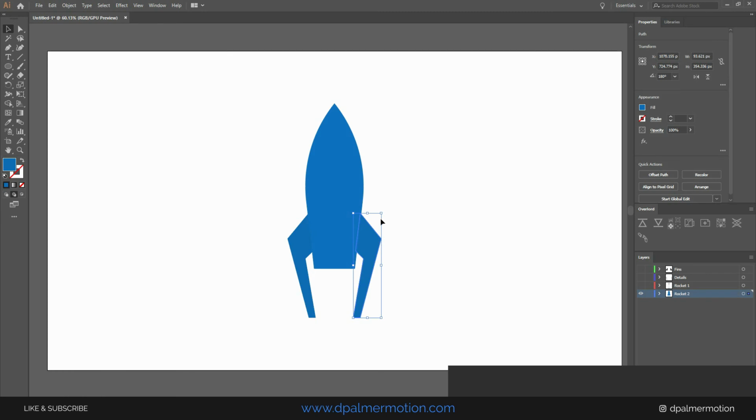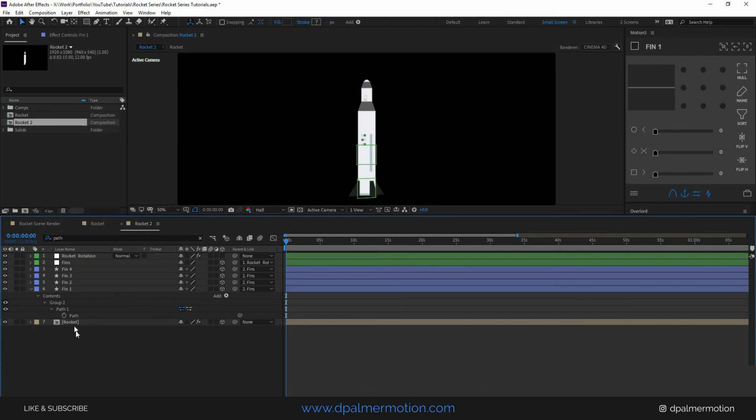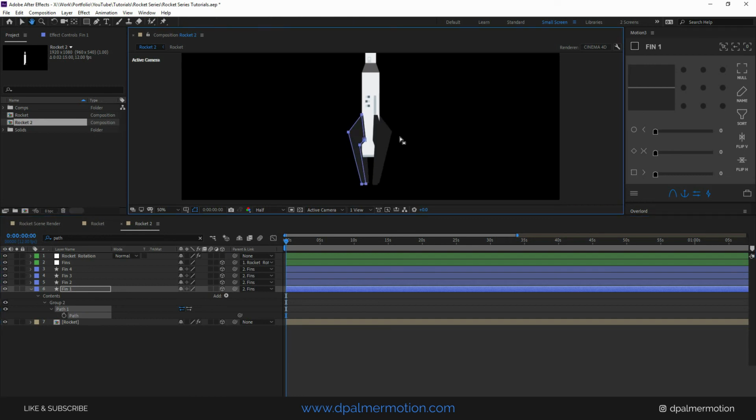So we have a design already. I'm just going to click on one of the fins and Control or Command copy. Go back into After Effects and go down to fin 1, again type in path. So we reveal the path, and clicking on the text we just Control or Command paste. And that brings in our new fins, but we can see that they're a bit close. So because they're all rigged to the scale and position of this path, all we have to do is double click, drag it out, and the whole